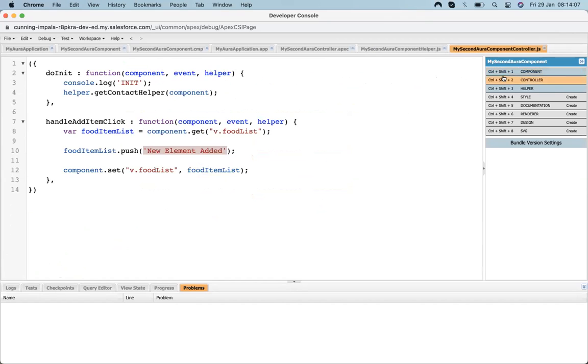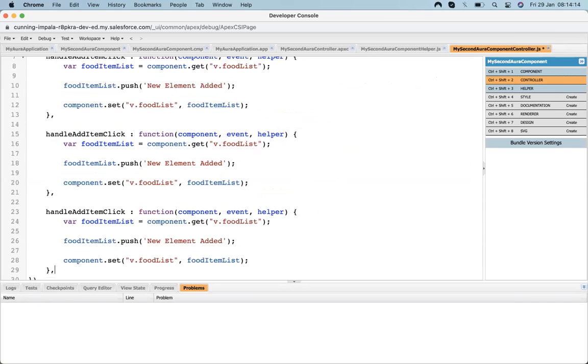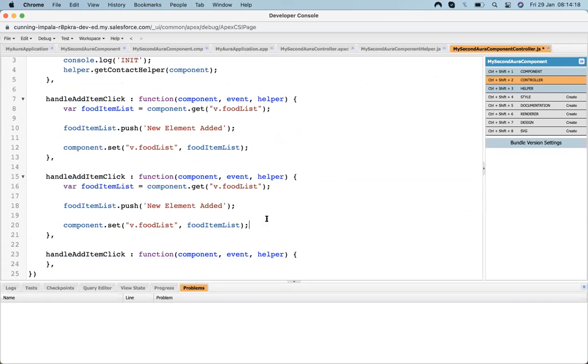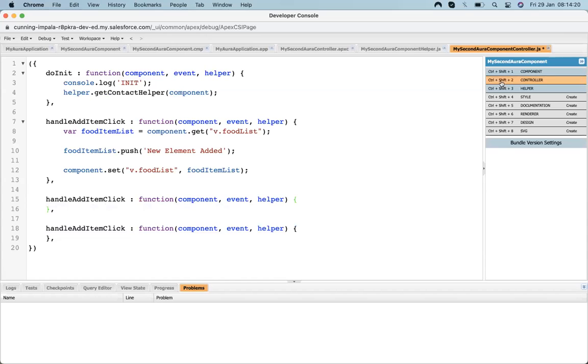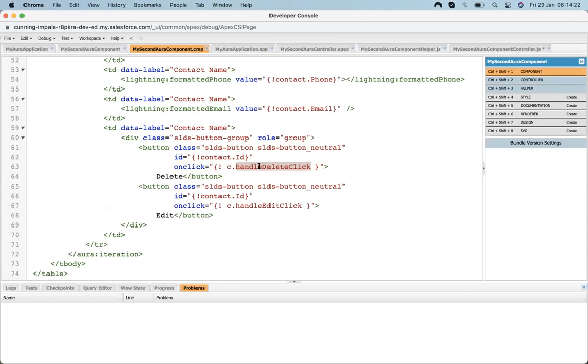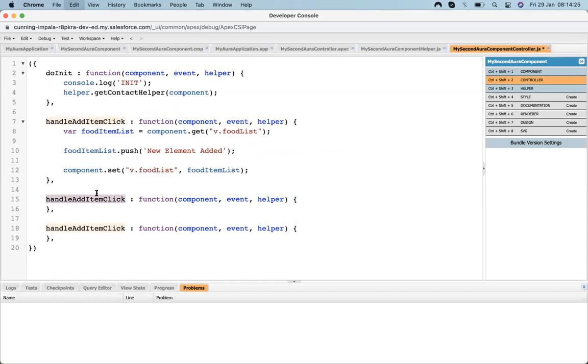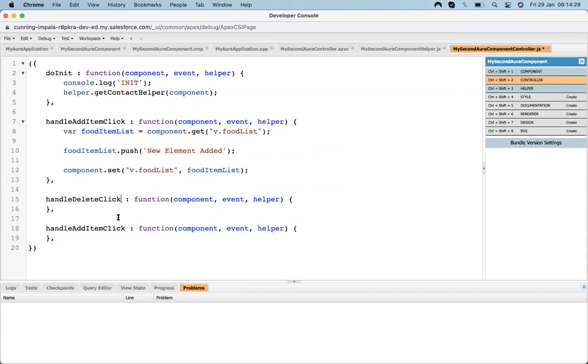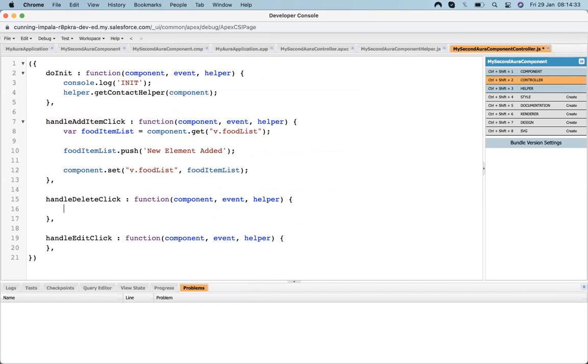I just use two buttons there, so let's define two methods up here. For defining a method, I'm just copy pasting and removing the component. Handle delete click, handle edit click. And in that handler, I just need a console.log that will help.